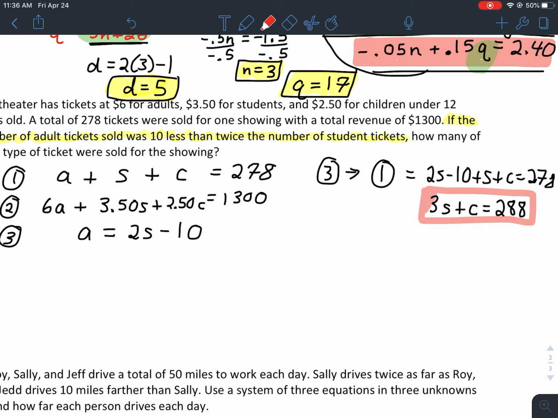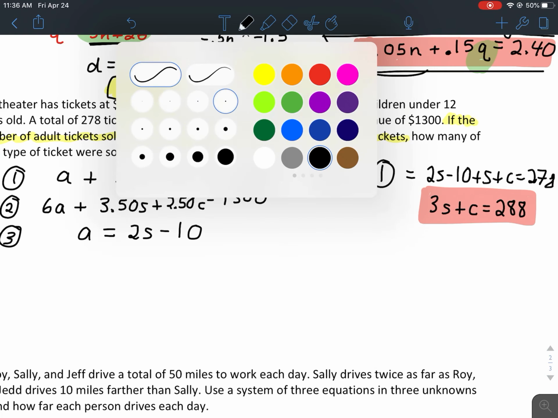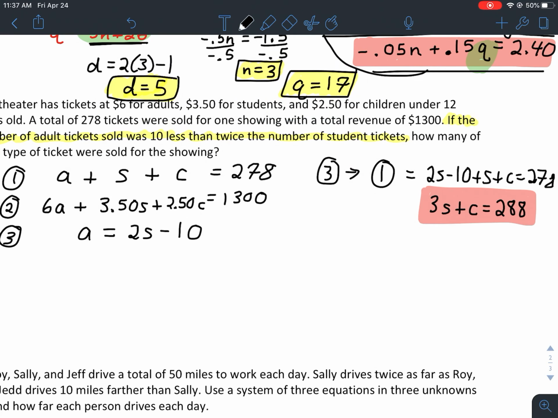Okay, so just like the last one, I'll highlight that in red because I know I'm eventually going to have to use that equation. Okay, so now I'm going to use the other equation. I'm going to use equation 2, and I'm going to use equation 1, and I'm going to add them together. But in order to get an elimination, I'm going to have to multiply 1 by negative 6. Why am I trying to eliminate A? Because if you look at this one right here, it's in terms of S and C, so we don't want A. So if we have equation 1 and 2,